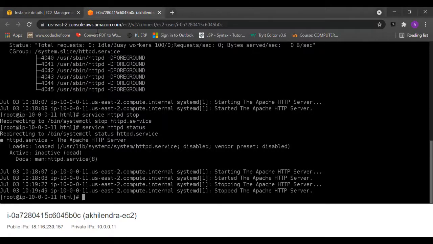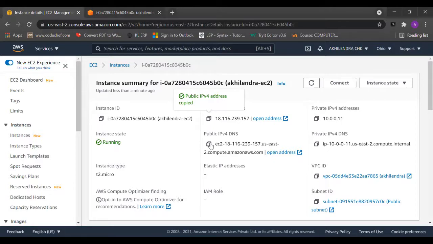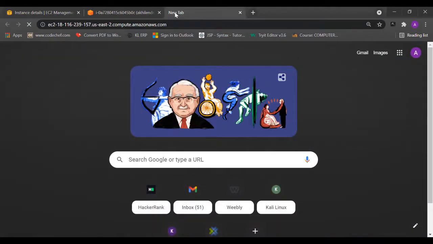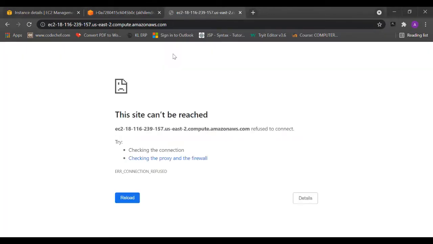We can see this public IPv4 DNS will not work because we stopped our service. Wait, it will load, and we can't reach it because we stopped our service. So this page cannot work anywhere.